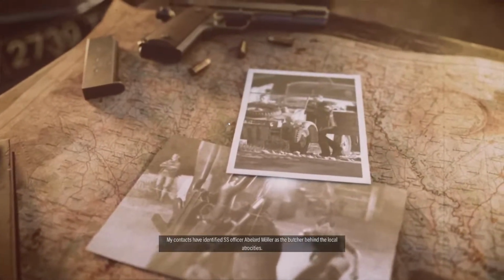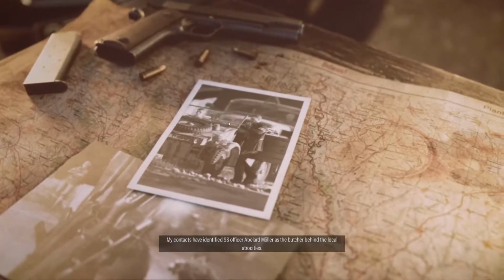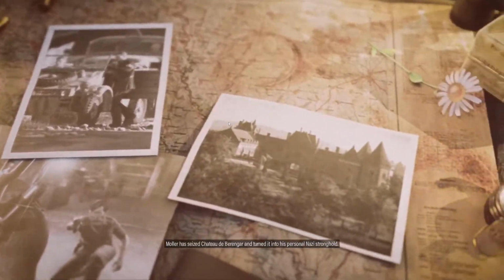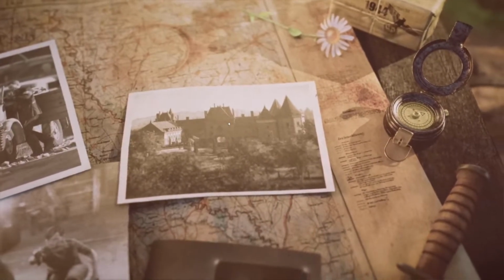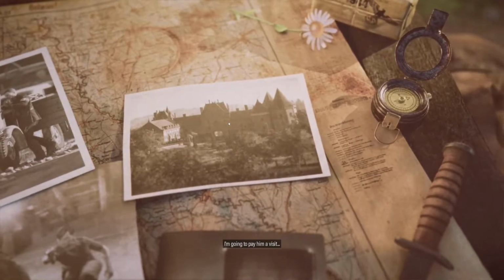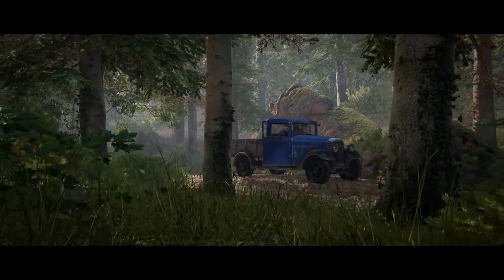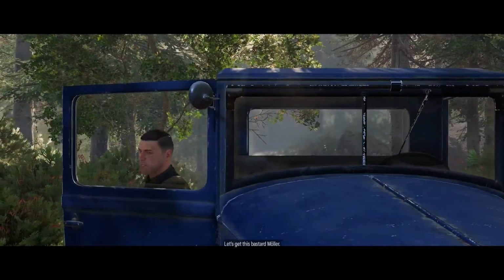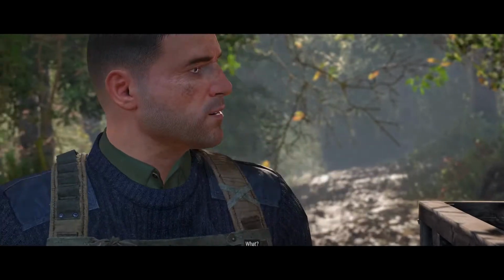My contacts have identified Moeller, the butcher of Abelard. He wants to install it onto a new hard drive. It's just not in his possession yet. I did buy a hard drive for the Xbox today, though. I did not buy the expansion slot hard drive. I bought a Western Digital external SSD because the expansion slot hard drive was holy hell expensive for 2 terabytes. So I just bought a 2 terabyte external, and it was half the price of the internal expansion card.